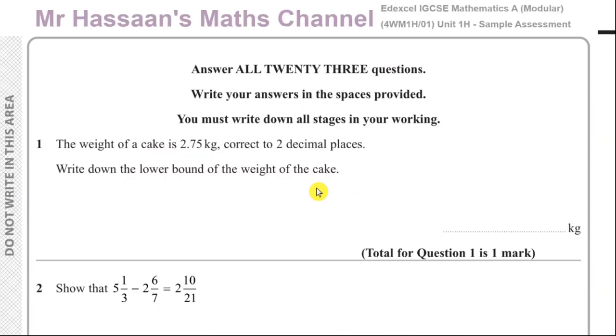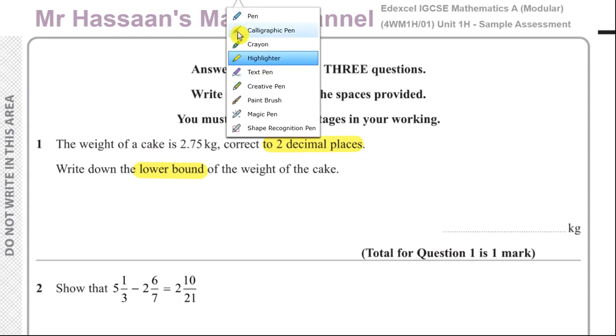So now we want to start with question number 1. It says the weight of a cake is 2.75 kilograms, correct to 2 decimal places. So here we have a question about upper and lower bounds. Write down the lower bound of the weight of the cake. So we have the weight, it's 2.75 kilograms, correct to 2 decimal places. We want to write down the lower bound of the weight of the cake. All right, so now,